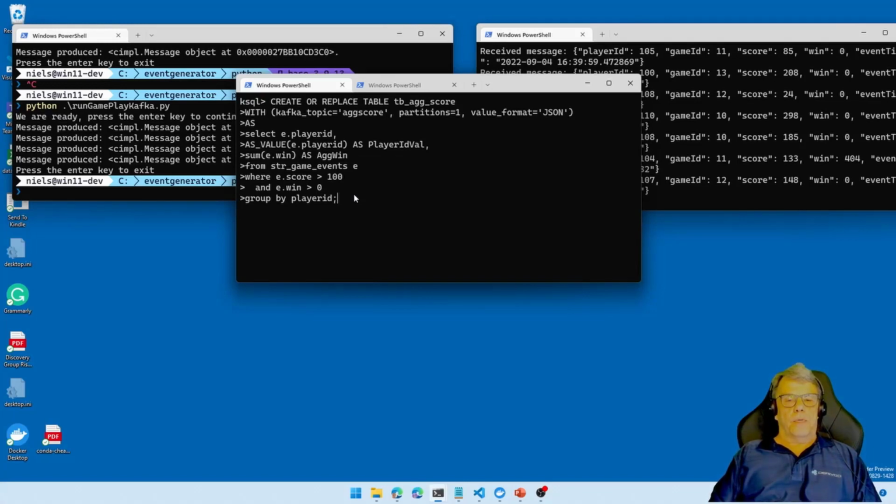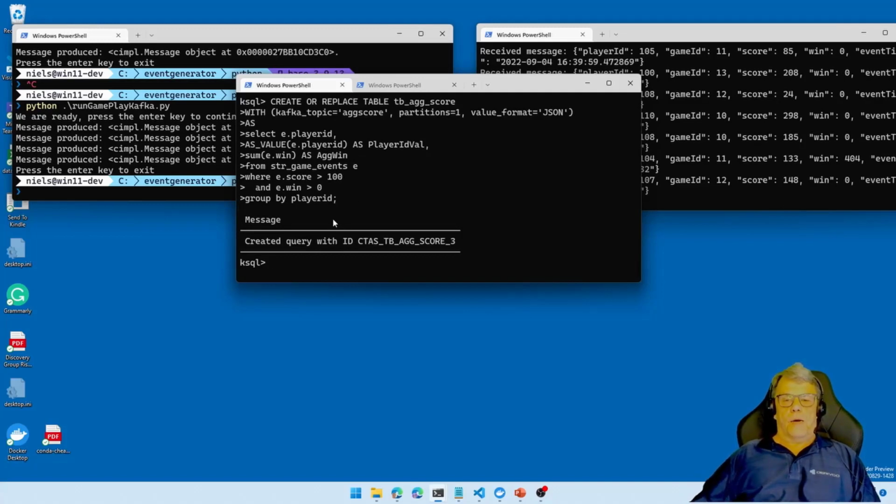Right. So let's see if this now works. Group by player ID, that looks good. Have I forgotten any commas? No, I don't think so. Let's run that. Whoa, that worked. So we now have a table called TB ag score, which we then can do select star from TB ag score,